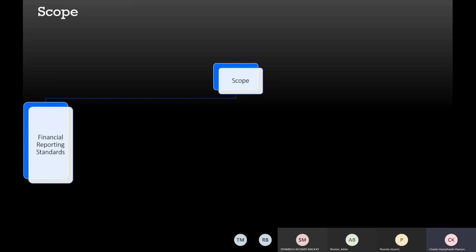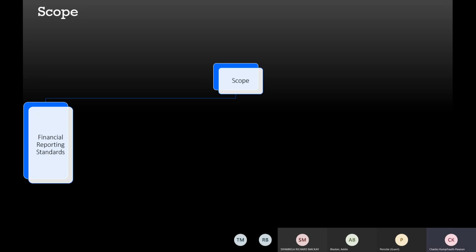I'm quickly going to run over the scope. The scope of the audit is we will determine what financial reporting standards is applicable. So we now know what business you have. And as you guys know, the various financial reporting standards contained within IFRS deal with specific items in your business. Inventory, IAS 2. Property, plant and equipment, IAS 16. Leases used to be IAS 17.